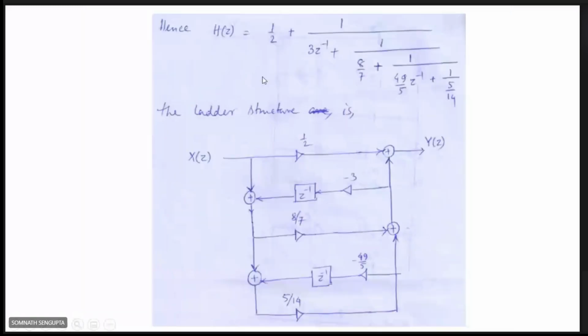Z is equal to this one. So this is alpha 0, then it is beta 1, this is alpha 1, this is beta 2, like that. And directly you can write this diagram. Is it clear? Yes, sir. Okay.